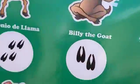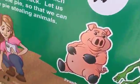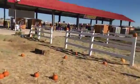So I think we saw Frank the Pig. I can't remember correctly. I think that's the one we saw. I could be wrong. But again...